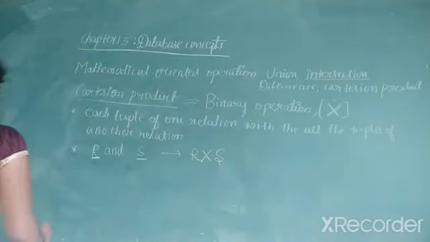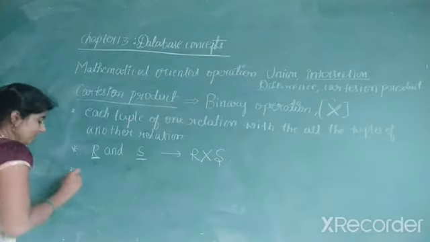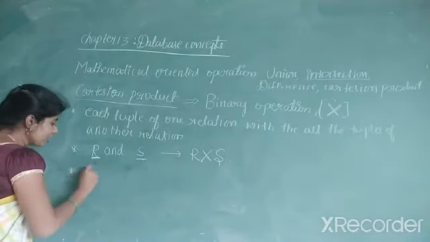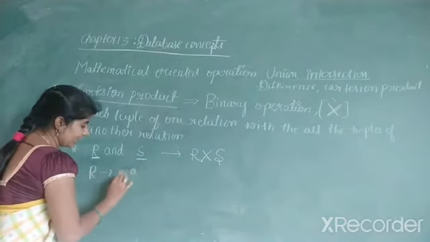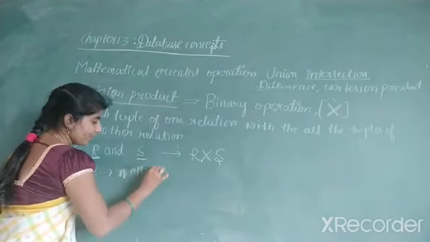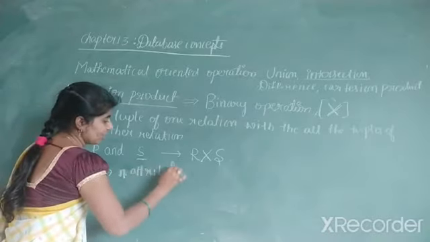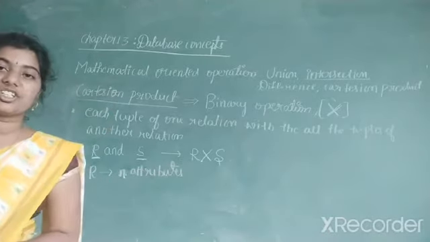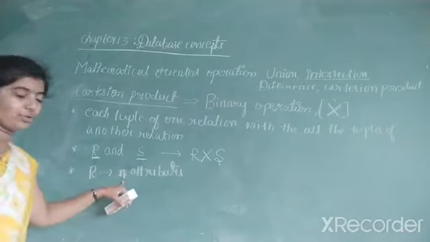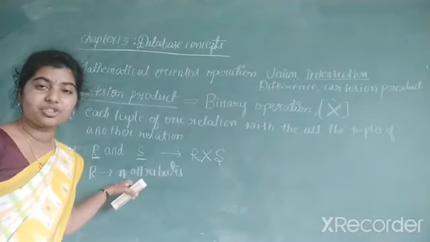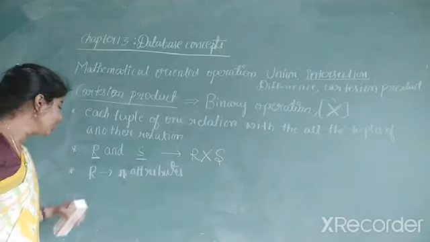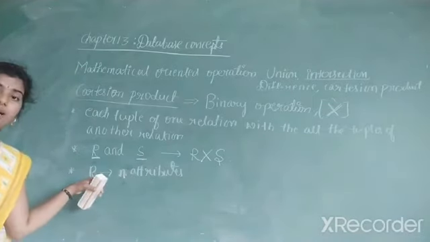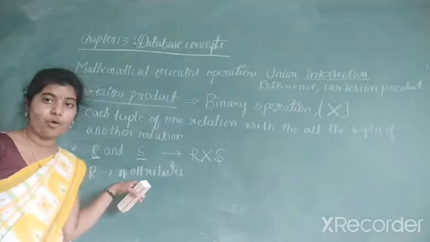And when you consider the next point, assume that the relation R has m attributes, or you may take it as n attributes. Now there is a relation R. How many attributes are there in that relation? n attributes. If you give n value is 2 attributes. If you take n value is 3 attributes. So assume that there is a relation called R and this relation consists of how many attributes?